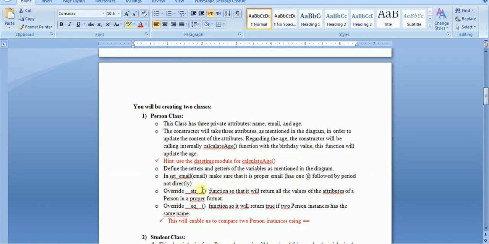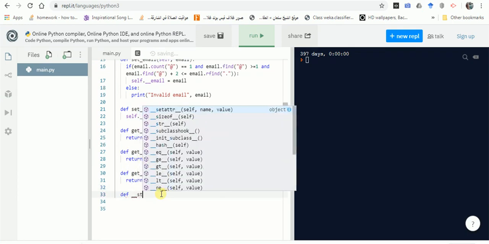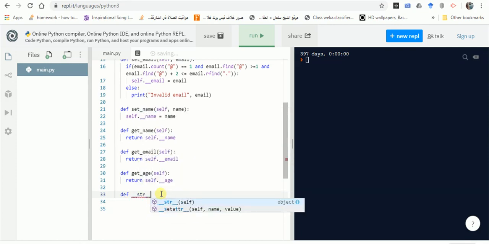Okay, override the str function so that it will return all the values of attributes of a person in a proper format. As we have explained in previous tutorials, str will determine how my object will be outputted when I put it inside the print function. So it does not take anything other than the self. Then I will be returning a formatted string. Let me say like name between quotation